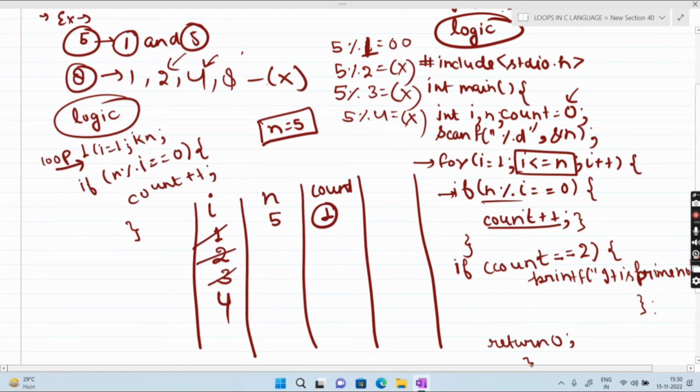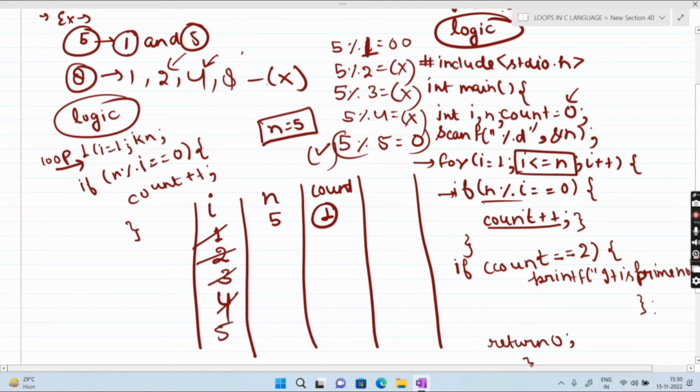Then again we make value of I 5. Check condition. Then we find that the condition is true here once again. Now inside this loop we check 5 modulo 5 value is it equal to 0? Yes, condition is true.